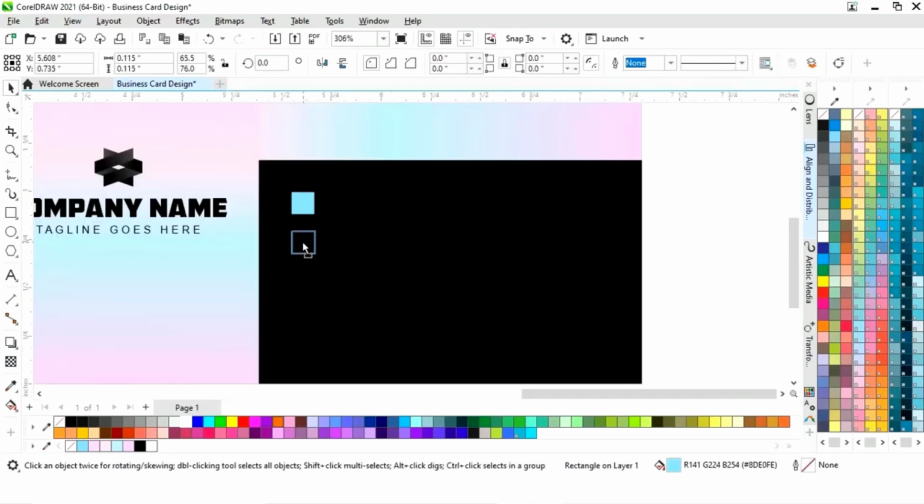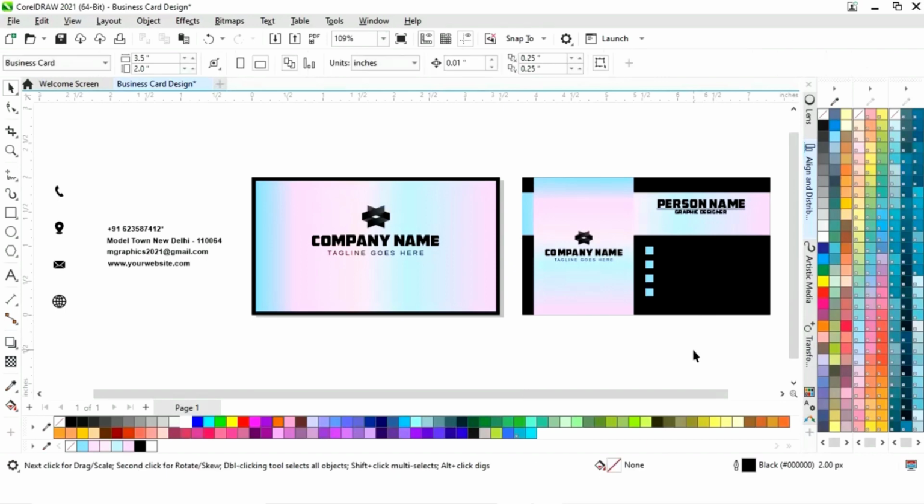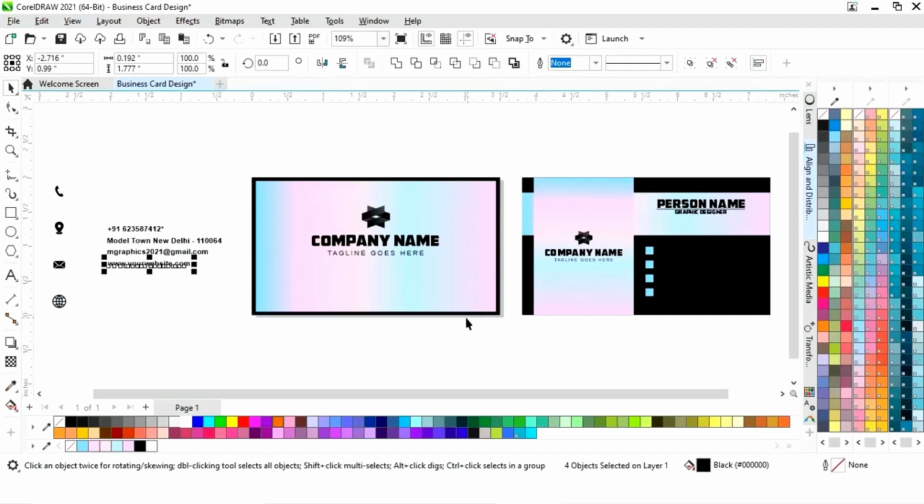Now we will drag and right click to make a copy. Then we will press Ctrl R to make more copies. Now we'll place these icons on the square box.